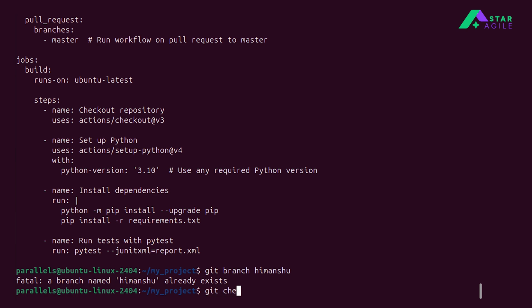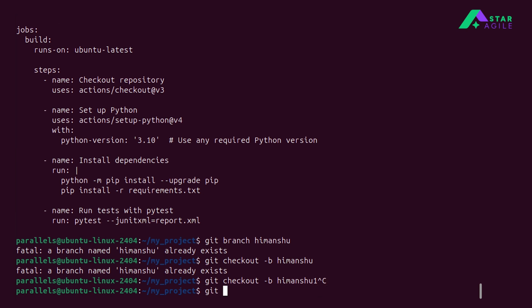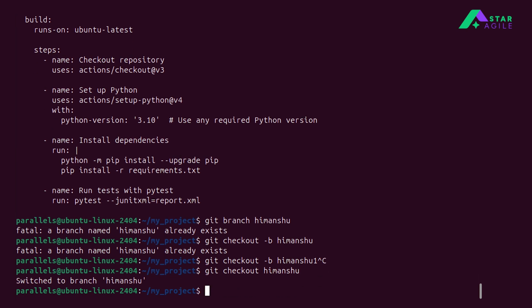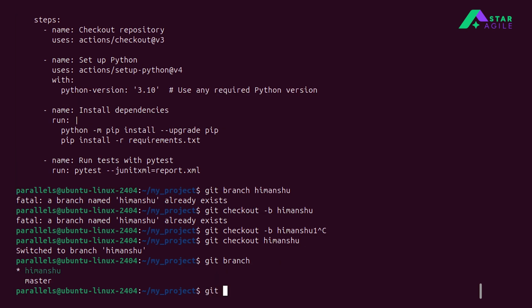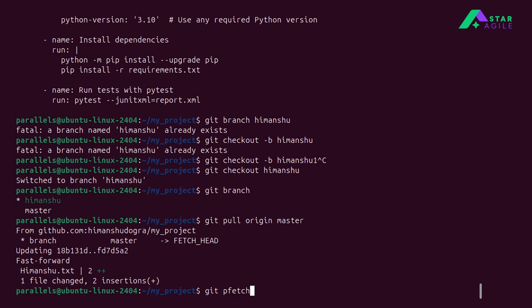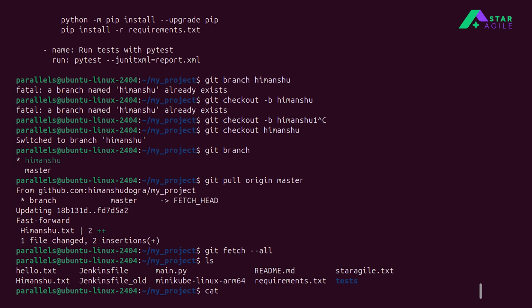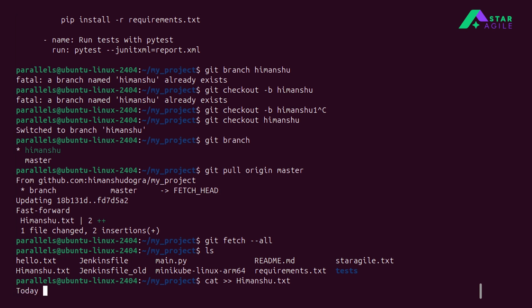Oh, it's not there. Okay, wait a minute. Checkout git branch. Okay. Origin master. Git fetch --all. And then we will make some more changes. Let's say I will say today is